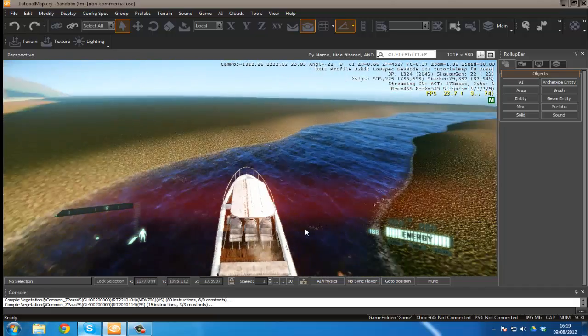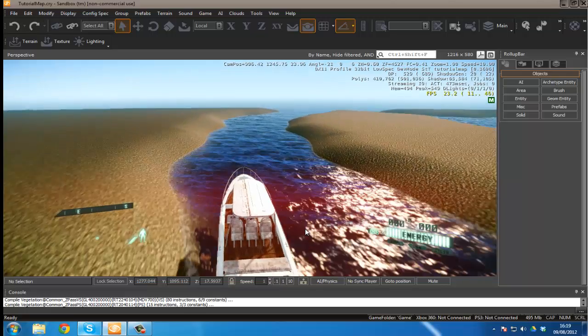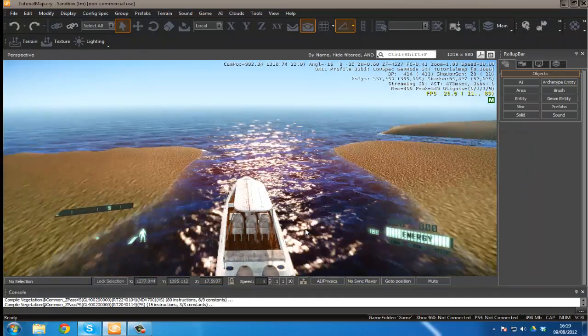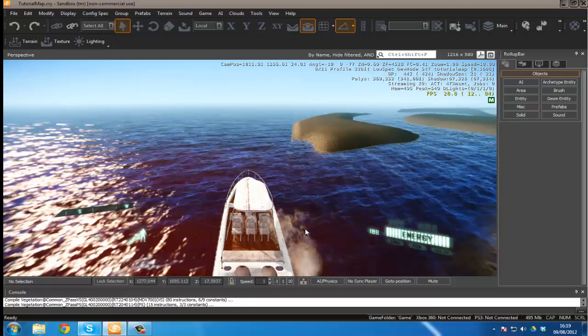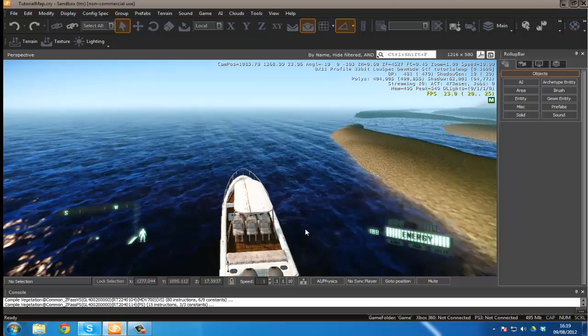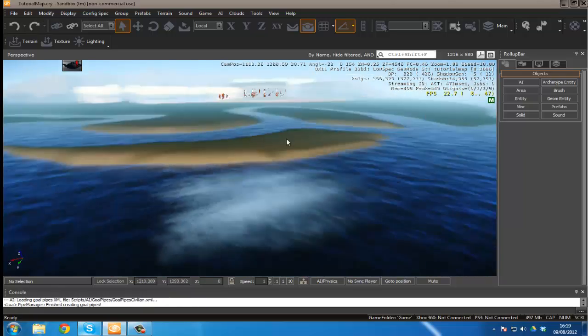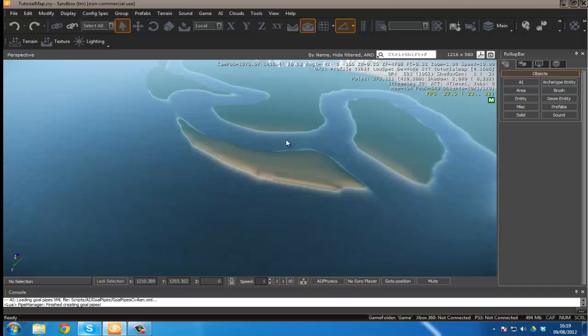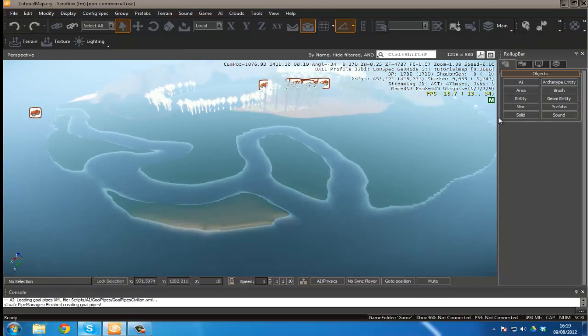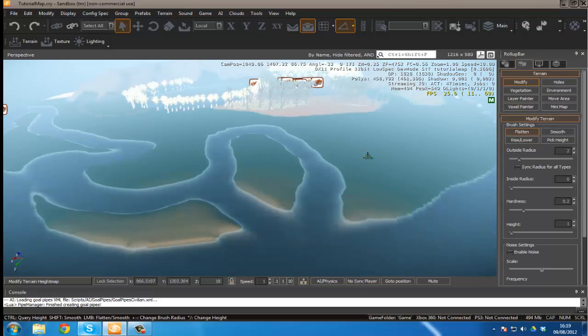You can see that I am just going around a river at the moment which leads into the sea. The river itself is actually the sea. I've just basically lowered the terrain where the sea is. So I'm just going to quickly demonstrate how to do this. If I zoom out here, you can see I've got my little weird river of weirdness. If I go over to my terrain tab, and then go modify,